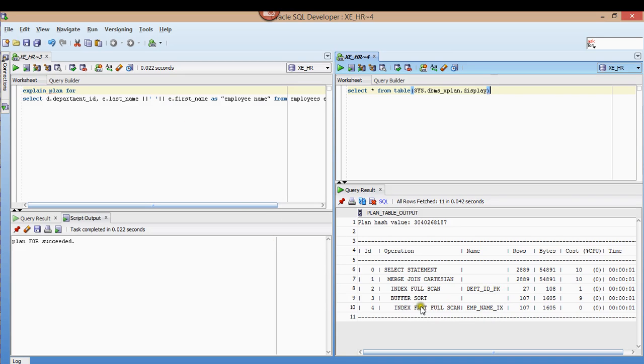The optimizer again just went in and found the index. If the index is already created within the table, the optimizer looks for that index and brings back